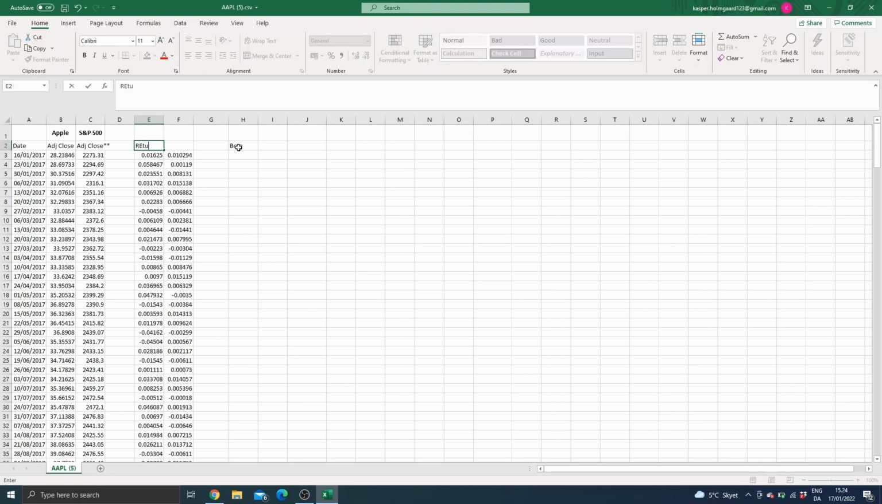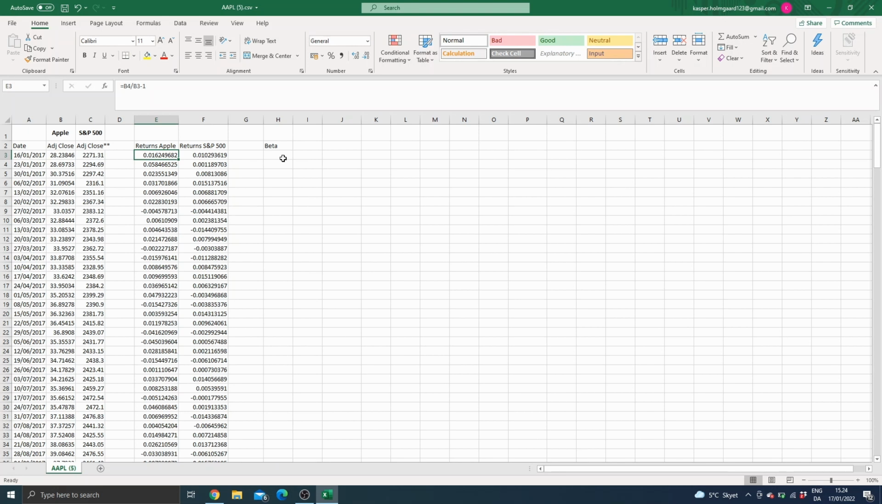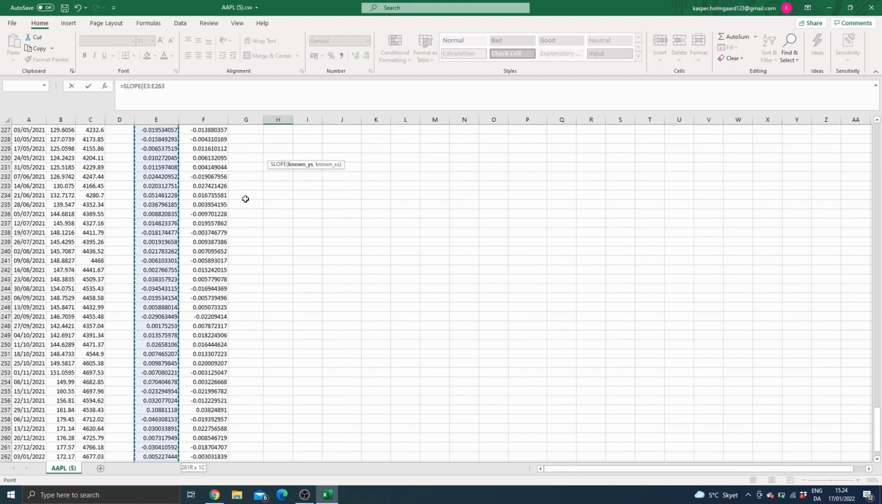I'm just going to make some headlines here so you guys know what I'm doing. Apple returns, S&P 500. So the next thing I want to do is calculate the beta. You do that by making an equal sign, type SLOPE, make a parenthesis, and then it basically says known y's and known x's. When you're calculating the beta, the known y's is always going to be the company that you're looking at. So here it's going to be Apple. So you're going to click here, drag it all the way down,